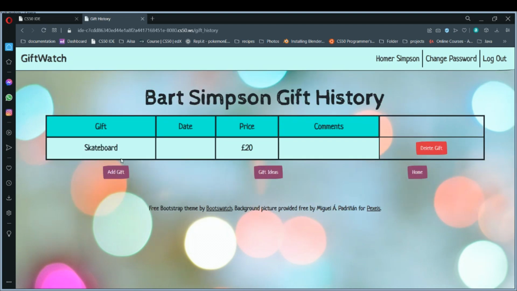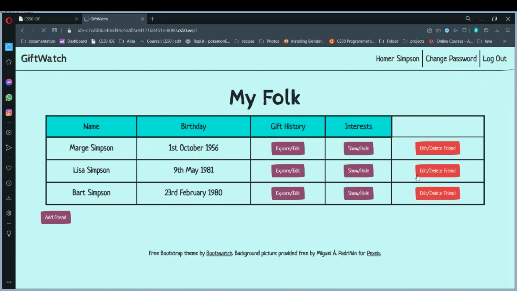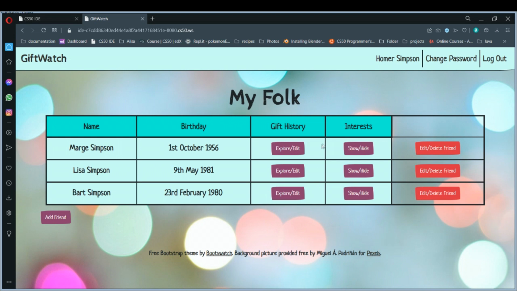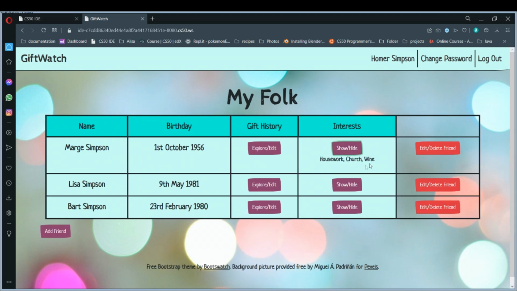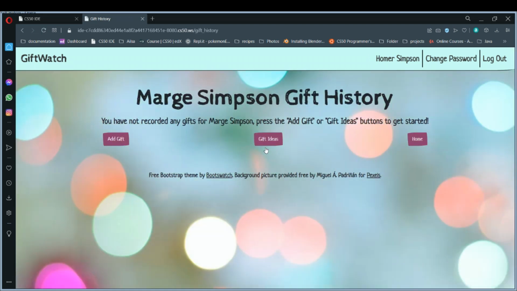And now if we go to the gift history page, we can see that it's added the £20 skateboard. We didn't add a date and we didn't add any comments for that, and we can go back to the home page. For the gift ideas section, let's just have a look at Marge Simpson's interests: housework, church and wine,